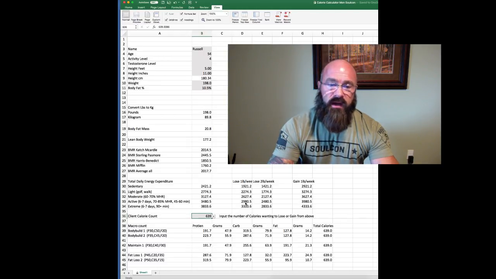Calories would be at 2,980. If I want to lose 2 pounds a week, I'd be at 2,480. And if I actually wanted to gain about a pound a week, I'd have to up my calories to 3,980 calories. So for this exercise, most of us will be looking at losing weight, so we'll go ahead and take